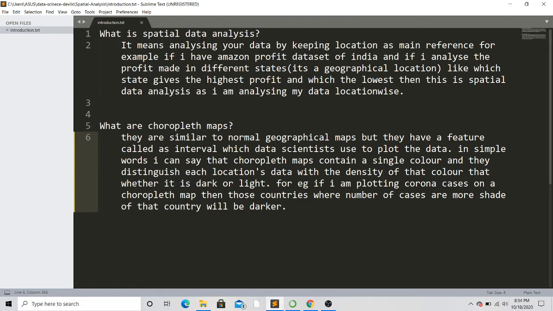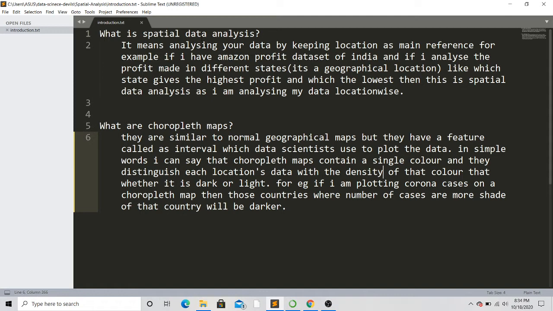For example, if you have the Amazon profit dataset, and it contains many columns like the profit made, the product name, the expiry date of the product, and the fourth column, which is the most important one, that is the state name.